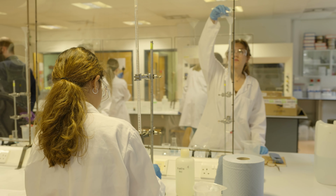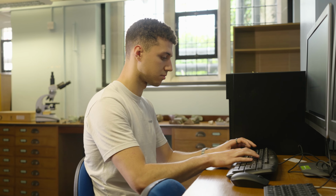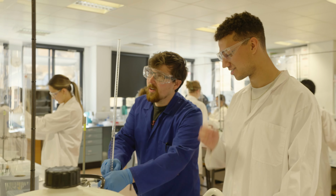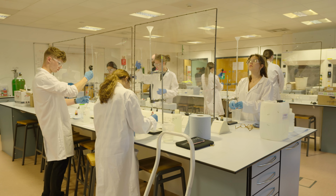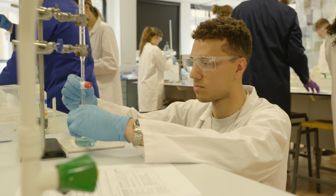These are undergraduate teaching labs, which are a great place to work with all the equipment we need. Here we learn skills like problem solving, coding, modelling, geochemical analysis, and how to interpret the data we've gathered during our fieldwork. Over the course of your studies, you get more independence to apply what you've learned, and by your